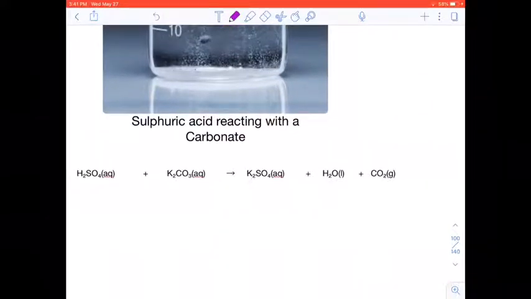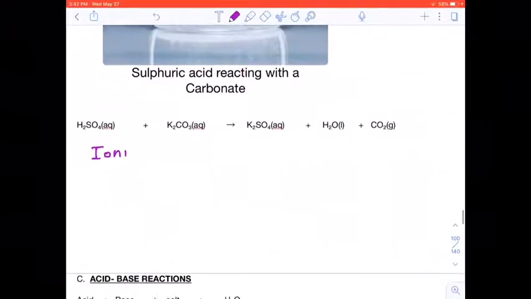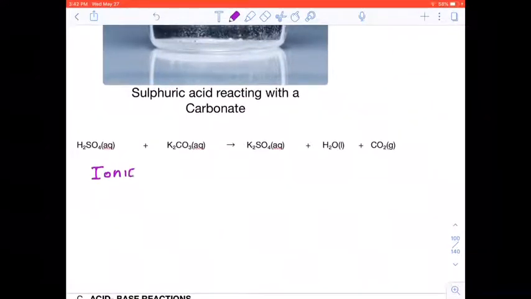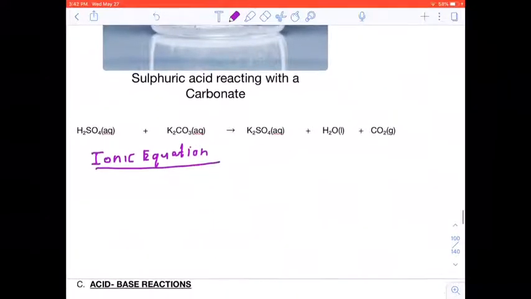Now if you want to know what the ionic equation for this is, well, we know our acid and how we break that up. So we got 2 hydrogens, so it's 2H plus sulfate